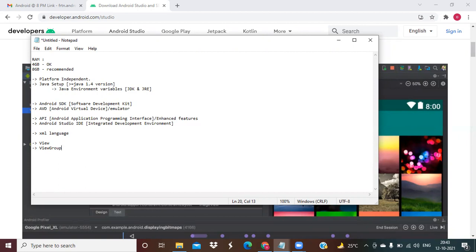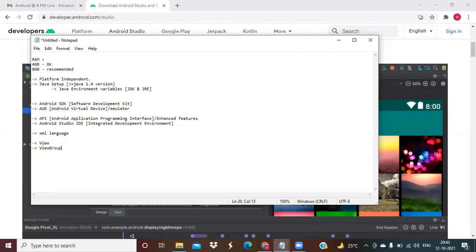So what is a view? I'm comparing a view in XML to an object in Java. What is an object in Java in general? Anything in the real world can be called an object in Java: a pen, a paper, a PC, a bottle, anything.